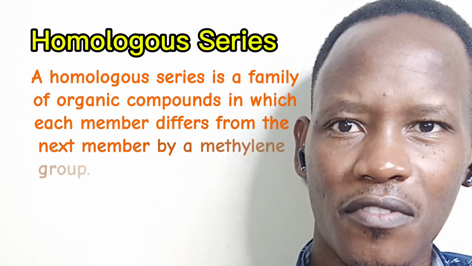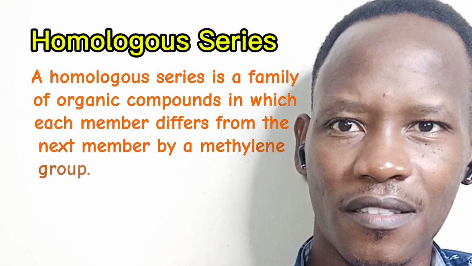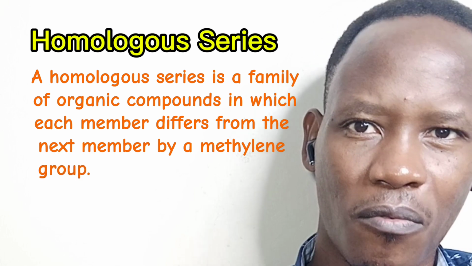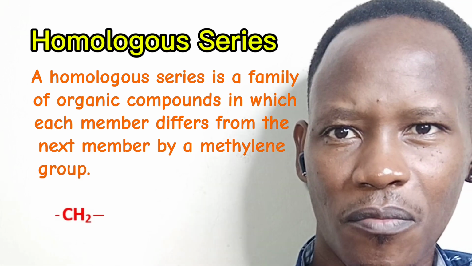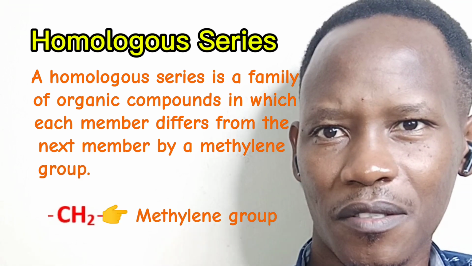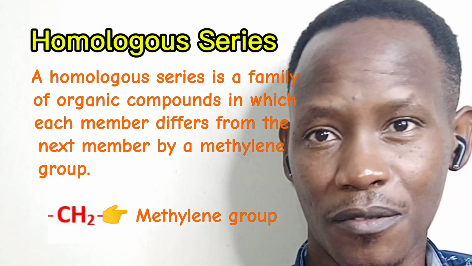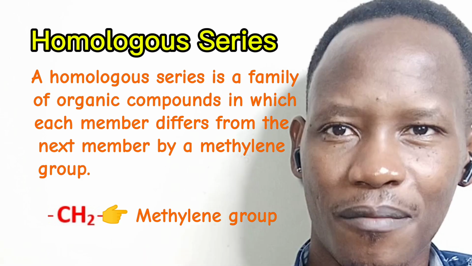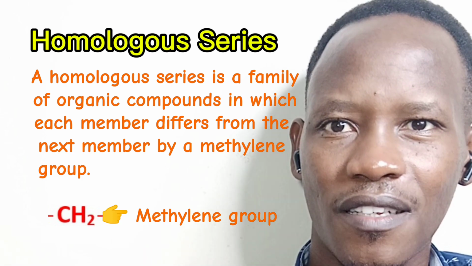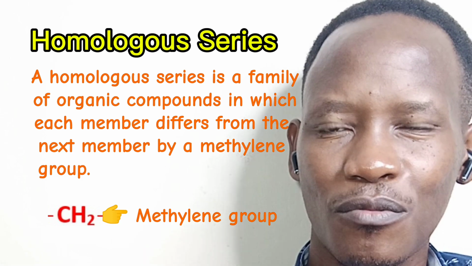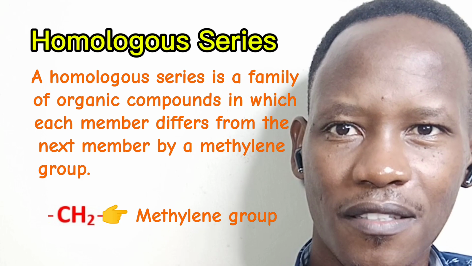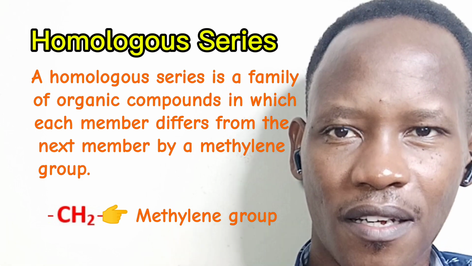So if you are having compounds such that one compound differs from the next compound and the next compound differs from the next compound by a methylene group, then the three compounds are said to belong to the same homologous